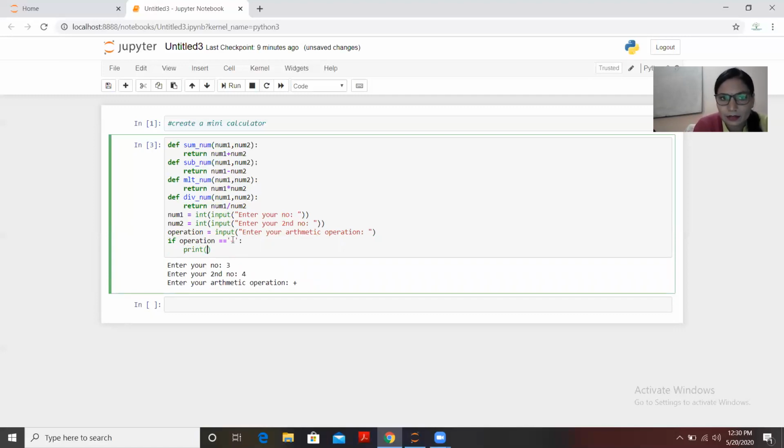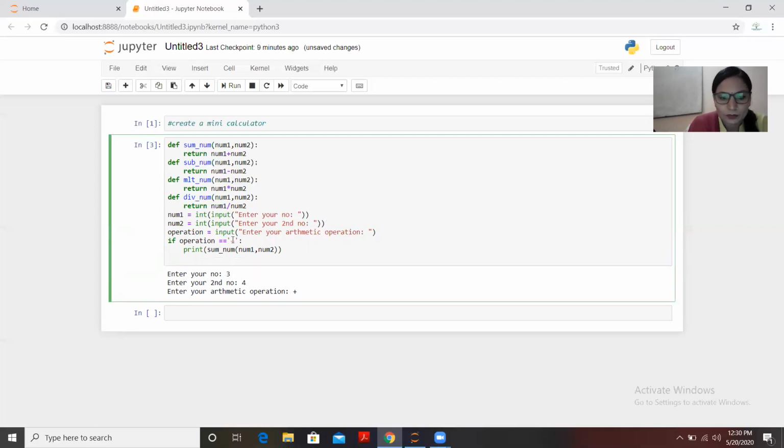Print. What you need to print? sum_num with num1 and num2. That's it. That's what you need to do. And else if, because we are using multiple conditions here, so rather than using else if, we use elif in Python. So elif operation